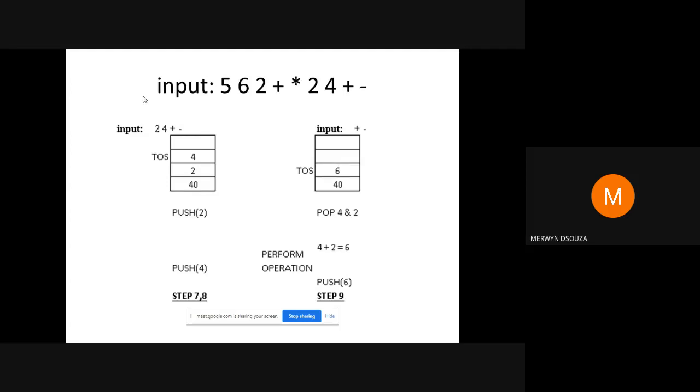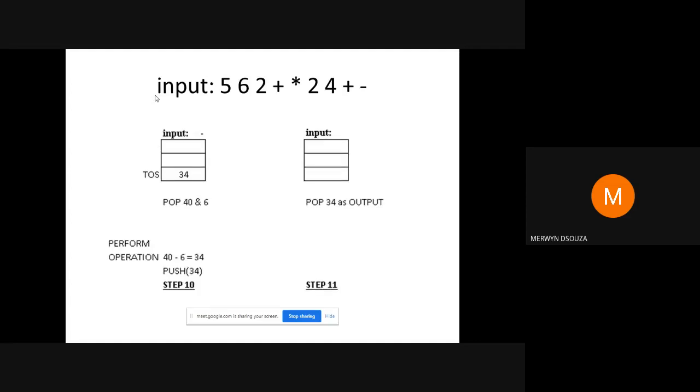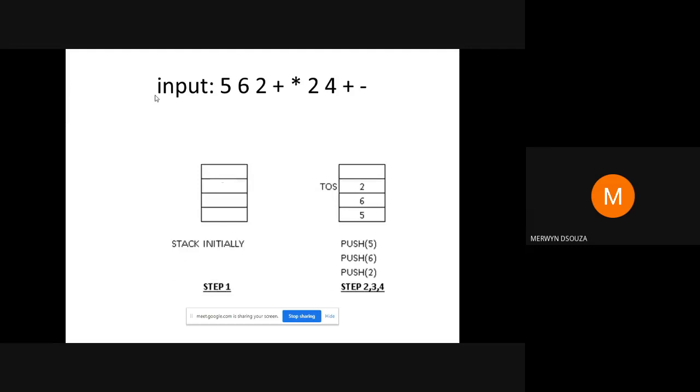Okay. Now, evaluating an expression using stacks, this question can come for around 8 marks. You could be given a postfix expression like this, and you could be told to show step by step how you get the answer. So basically this is what you will have to do, what we have just done. You just have to do it step by step like this. It's pretty simple. There's nothing much to do.